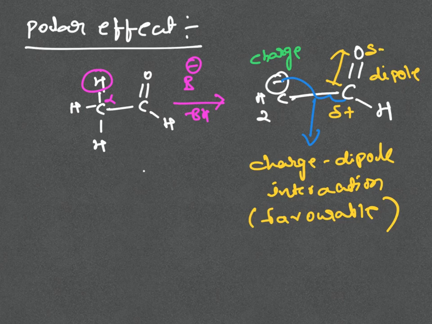So I can conclude that the acidic strength of carbonyl compounds depends on three factors. The first one is the formation of enolate, the second one is the electronegativity of the oxygen atom, and the third is the polar effect. Based on how strongly these three effects are present in a given molecule, it will show its corresponding acidic strength.